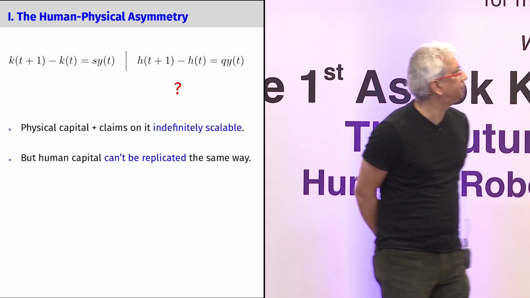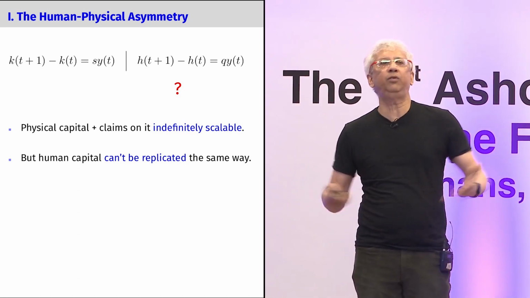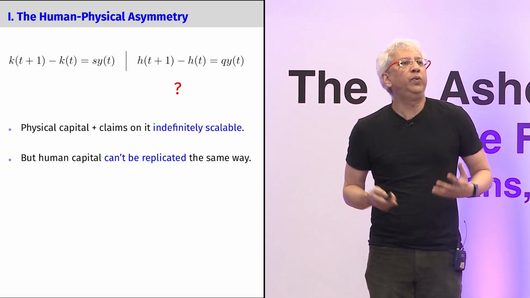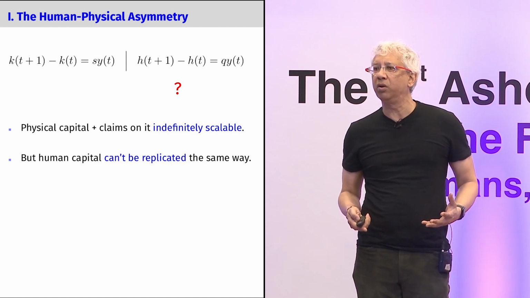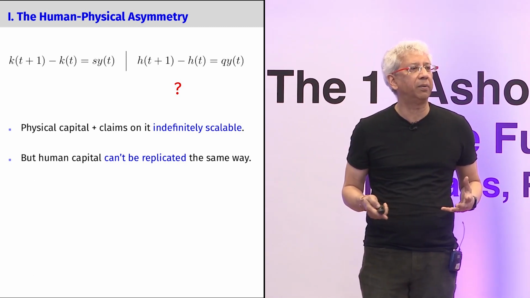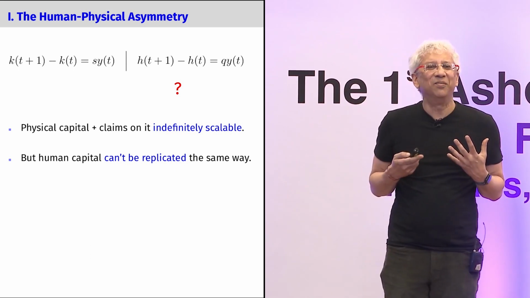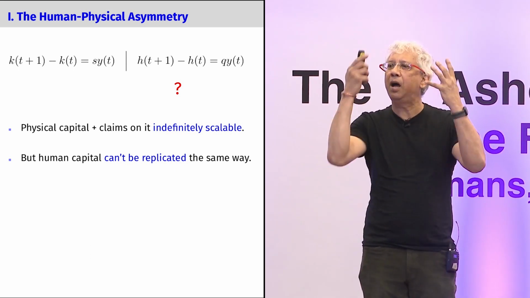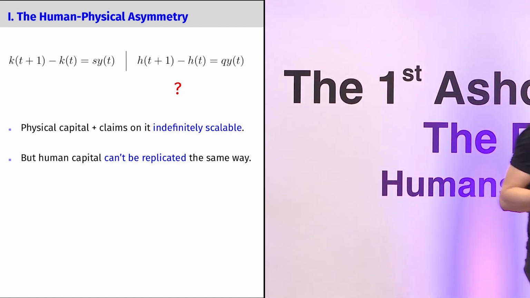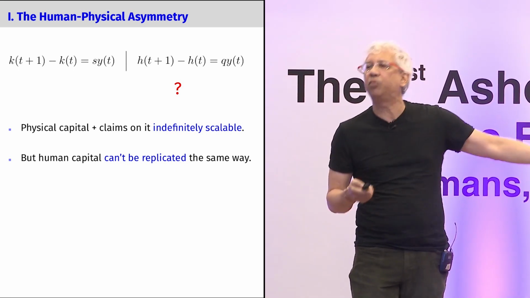Now, one thing about physical capital is that it's alienable, right? We can all own shares of Reliance or Apple. We can scale up those shares to any degree we want. What does it mean for an inalienable input like human capital? I can't own shares in your human capital. I can only own shares in my human capital. What does it mean to scale it up and down in the same fashion? And the answer is, don't be silly, all this is just a shorthand for education, and you can just acquire more education. That's what it's trying to capture.